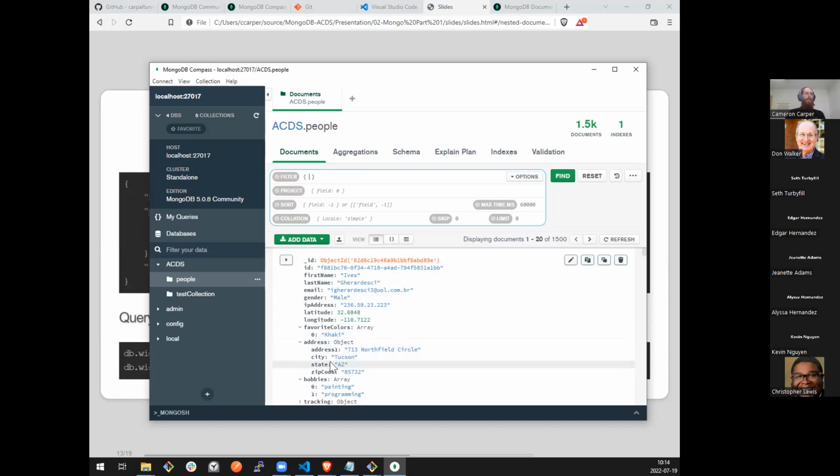So let's use the Arizona example. I want to find everyone in my database who has an object named address that also has a property named state that has a value of AZ. So again, we must wrap this in quotes, and we would reference the address object and the state property of that object and say that I only want results that exactly equal the string AZ for Arizona.